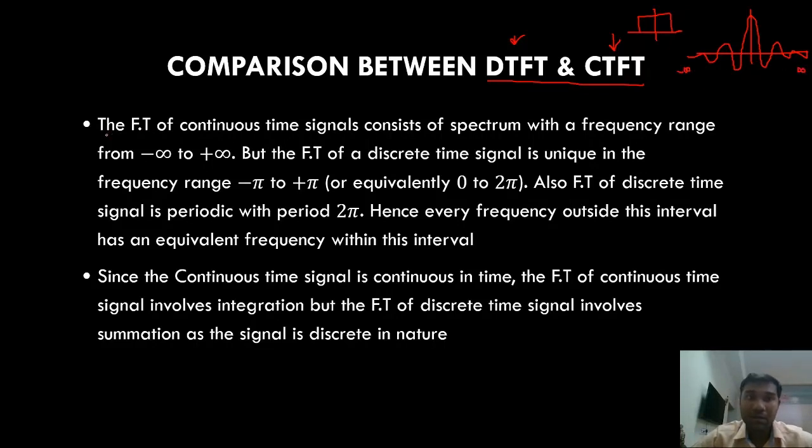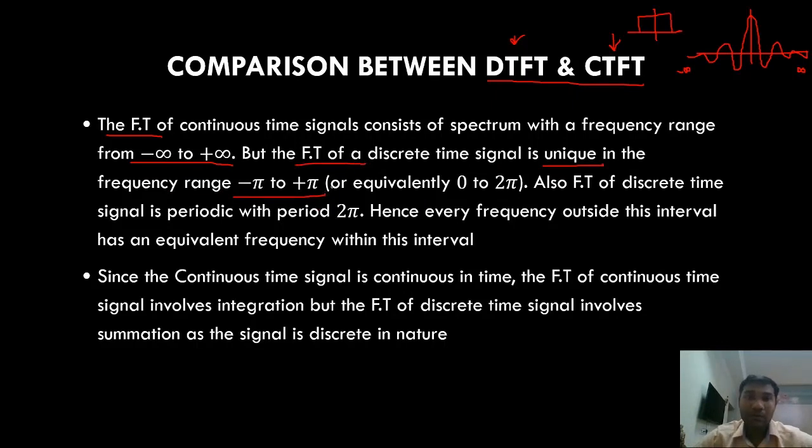That is what the first statement is. The Fourier transform of a continuous time signal has a spectrum with a frequency range from minus infinite to plus infinite. But for a discrete time signal, the Fourier transform is unique in the frequency range minus pi to plus